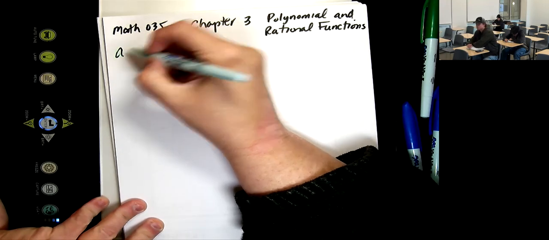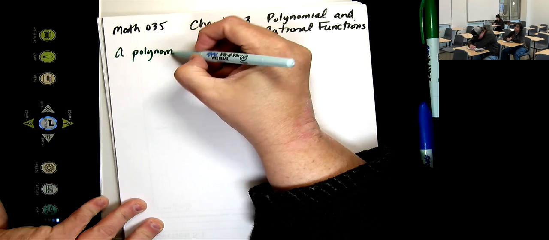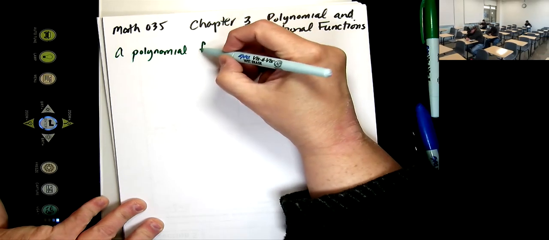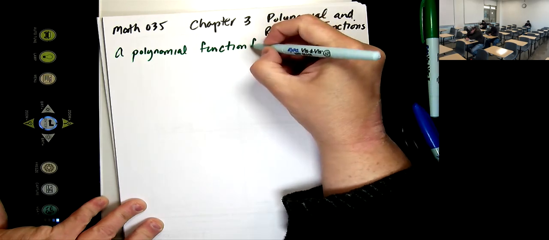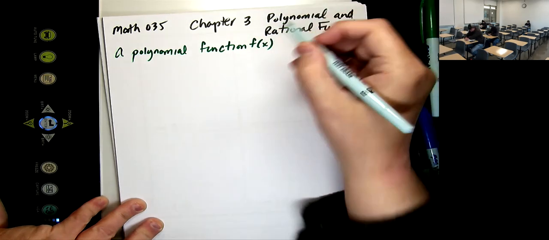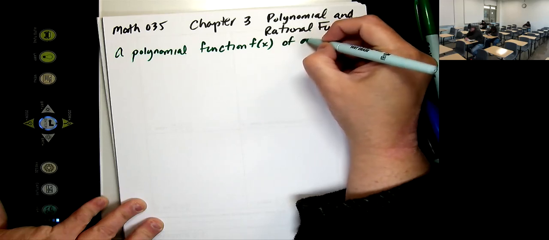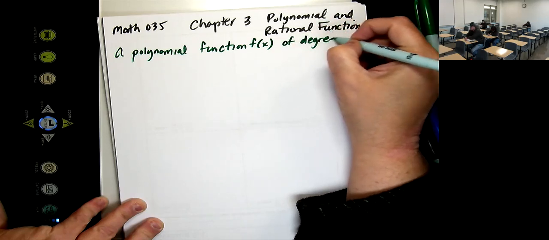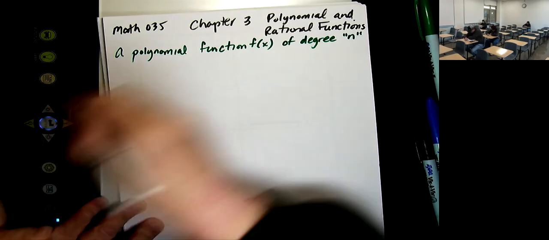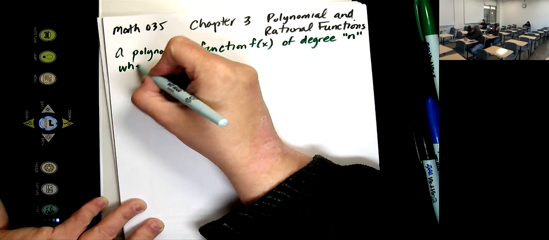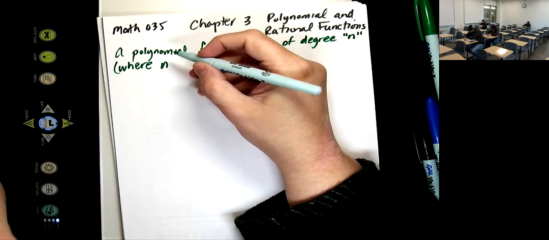A polynomial function f of degree n, and we want n to be a non-negative integer,